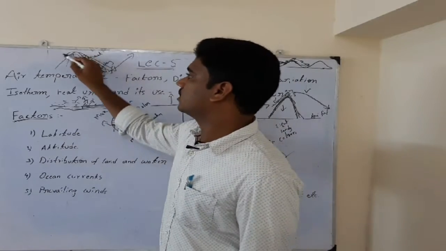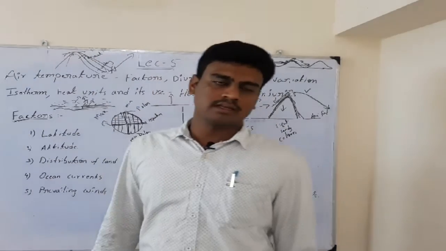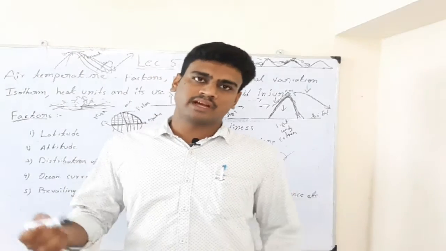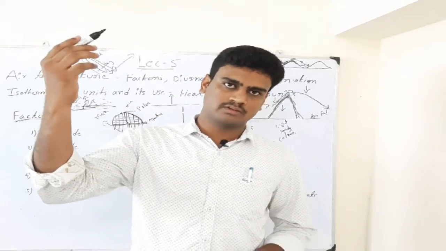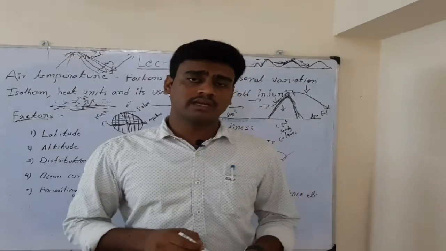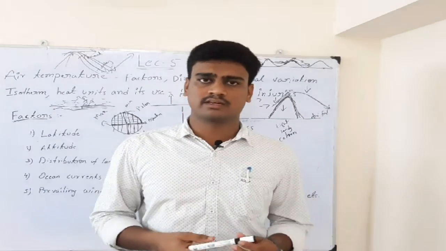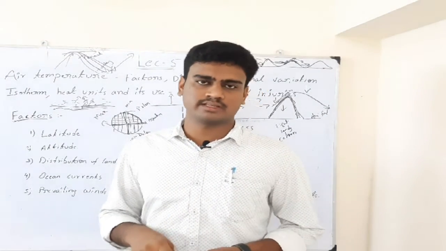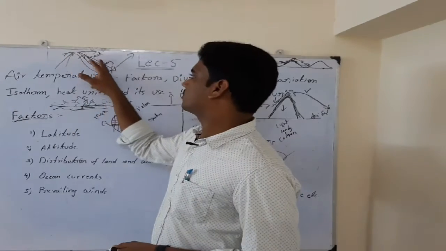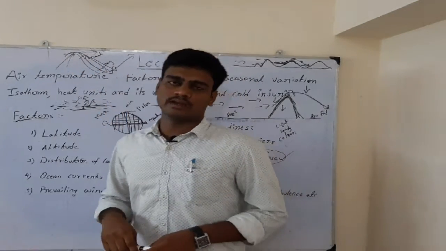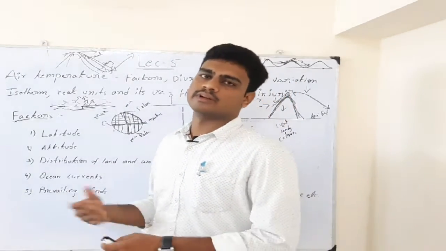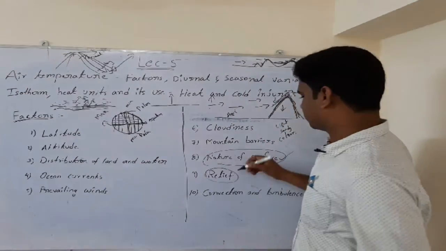Again when it climbs all the way up, the temperature changes again. That's why when we go to hilly areas like Ooty, Kodaikanal or any other hill stations, because vertically we are going towards highly elevated areas, the temperature will fall. Already I said that for every 1 kilometer, the temperature will fall by 6.5 degrees centigrade. So the temperature will be brought down to the lower areas through wind or air. So temperature again will vary. So it's all about relief.